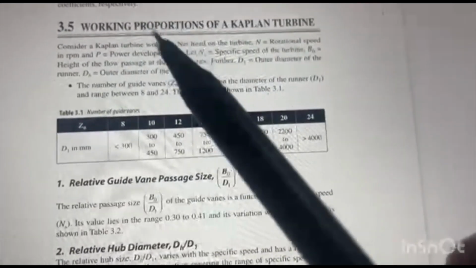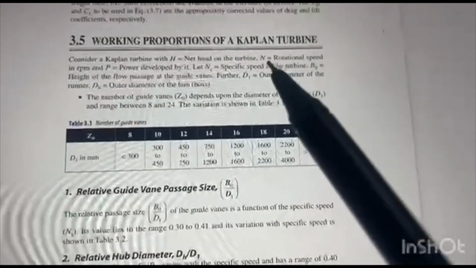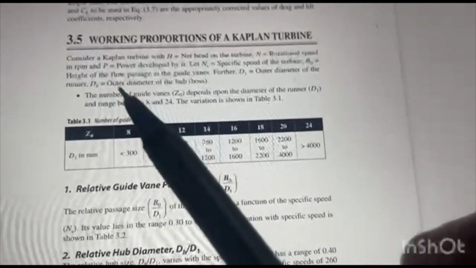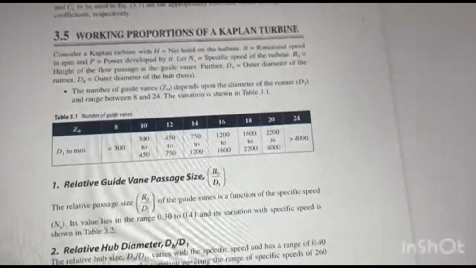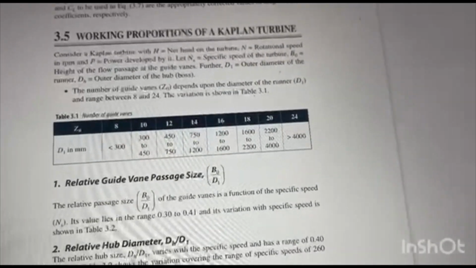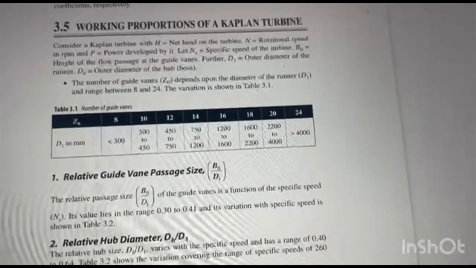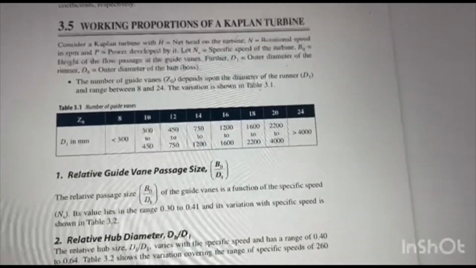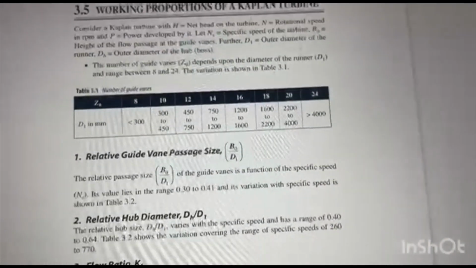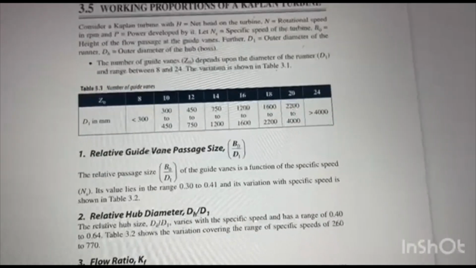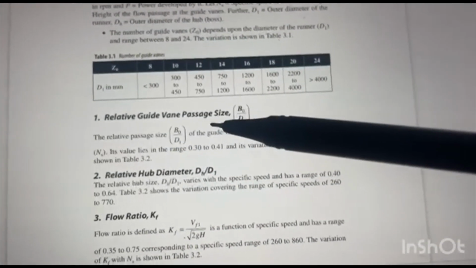कंसीडर एक कैप्लन टरबाइन है, उसका नेट हेड H माना गया है, N रोटेशन स्पीड इन RPM है, P पावर जनरेटेड बाय द शाफ्ट है, NS स्पेसिफिक स्पीड है, B0 हाइट है फ्लो पैसेज की एट द गाइड वेंस, D1 आउटलेट डायमीटर ऑफ द रनर है, DB आउटलेट डायमीटर ऑफ हब है। एक टेबल दिया हुआ है, Z0 नंबर ऑफ गाइड वेन्स, मतलब उसमें कितनी गाइड वेन्स हैं, 1 2 3, ठीक है।